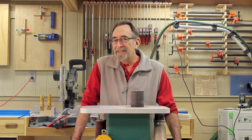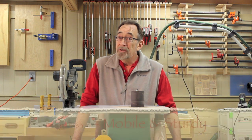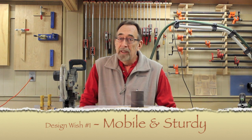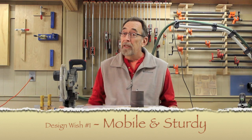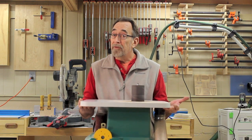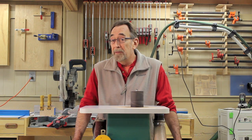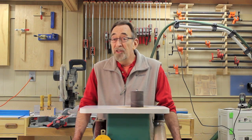The first criteria on my wish list is mobility and stability. Everything in my shop is on wheels. It has to be, and it's got to be stable. This unit only weighs 25 or 30 pounds, but the combination belt disc sander that I'm looking to buy weighs